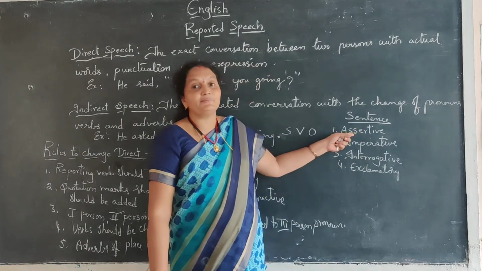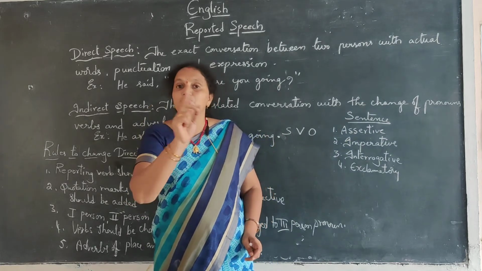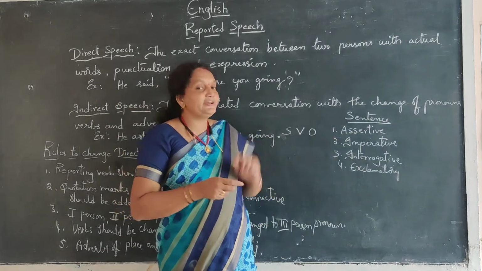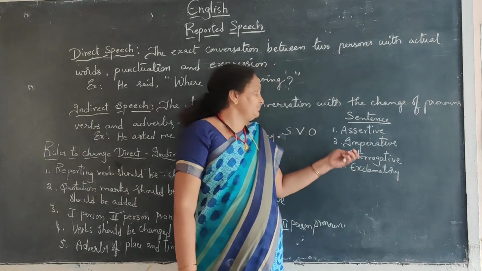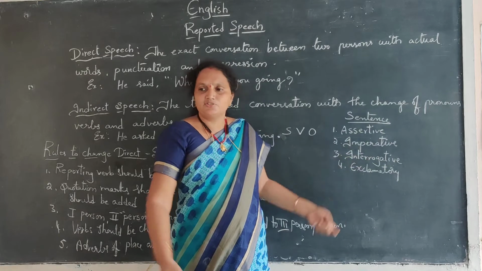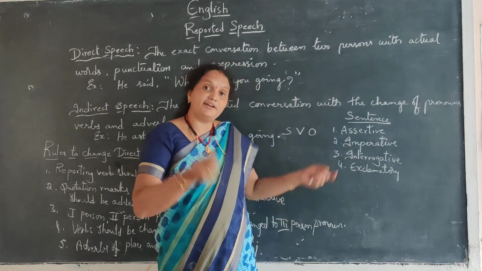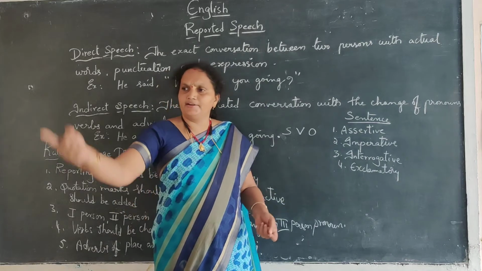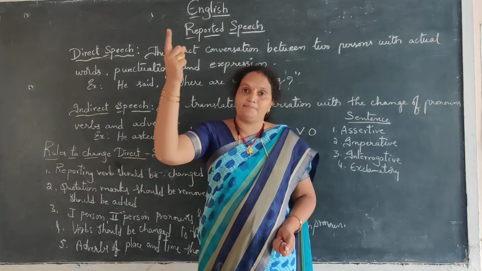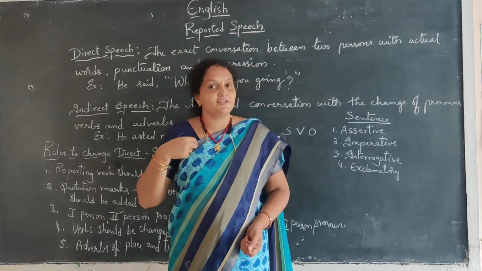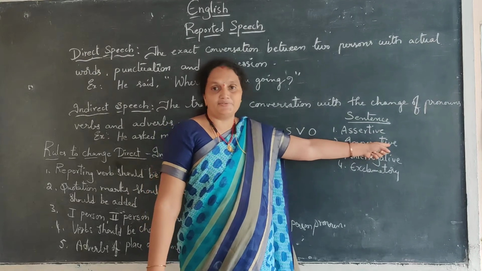So it is unlike the assertive sentence. In an assertive sentence, we never tell others to do anything. But in an imperative sentence, we tell others to do something. That is an imperative sentence. So, please bring that book. That means I am asking them to bring the book. That is in a request form. Hey, get up. So that is the order. I am telling them to stand up. So here I am asking them to do something. Such kinds of sentences are imperative sentences.